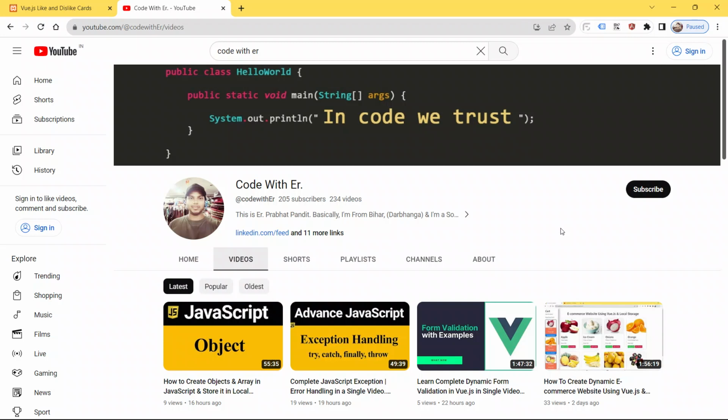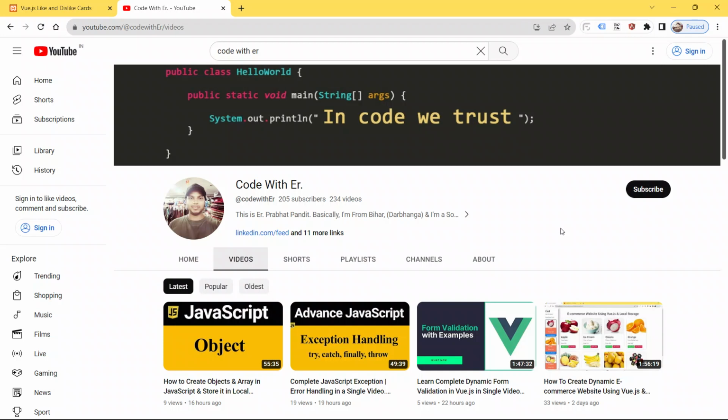In this video guys, we're gonna learn something new, something different in HTML, CSS, Vue.js along with local storage as well. Okay, yes guys, you heard it right. By using HTML, CSS, Vue.js and local storage, we're gonna build some dynamic application in this video, in this session.